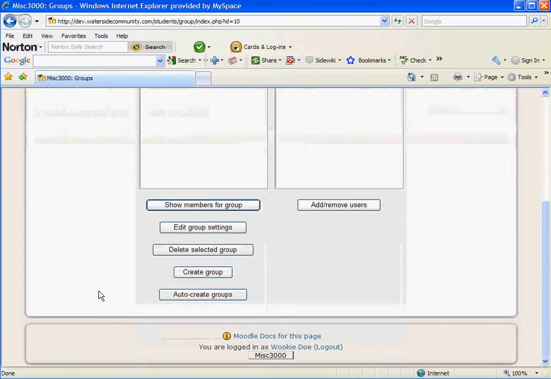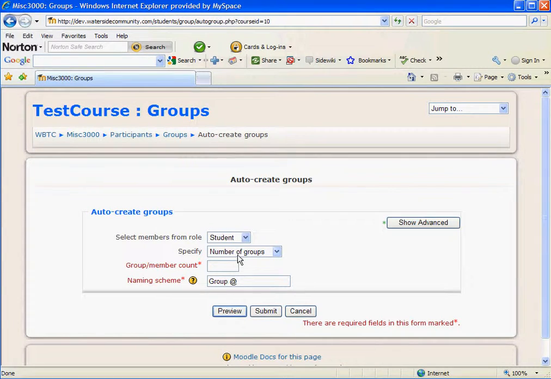Now we can always go down and click Auto Create Groups. Now I want to specify number of groups. We're going to select them from the role of students. We're going to have 2 people per group. Name of group scheme, Group A, that's fine. And then just